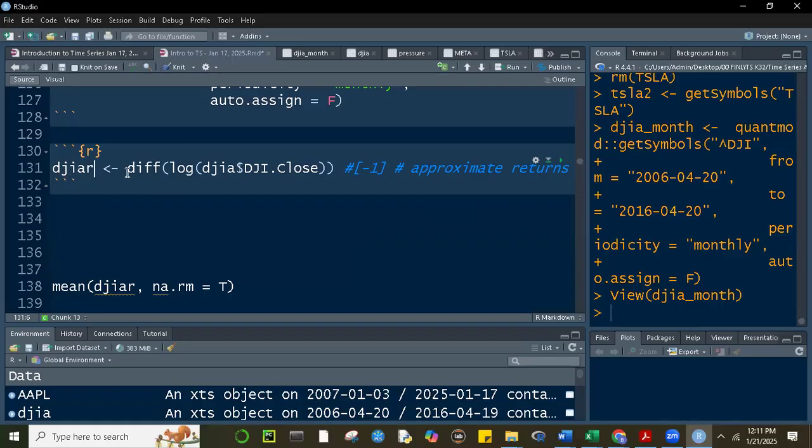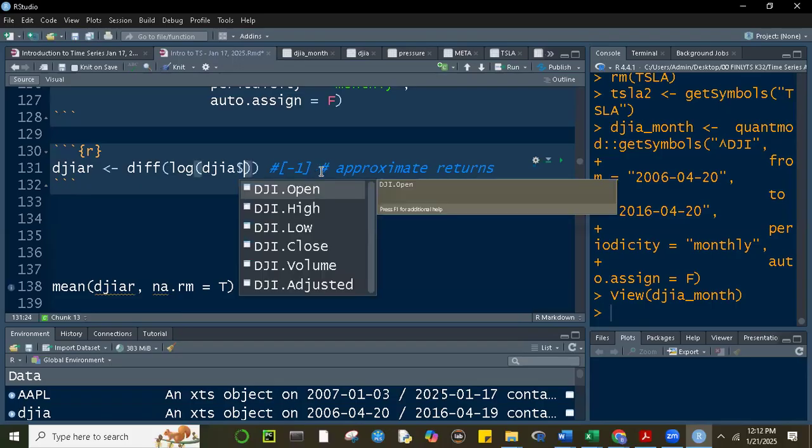And you notice, class, that I'm now appending a function to it: diff log DJIA and then the $ sign. So you type first diff and then log, and then if you type DJIA and then type $, you'll notice that it will open the columns inside DJIA. Okay, so let's use closing